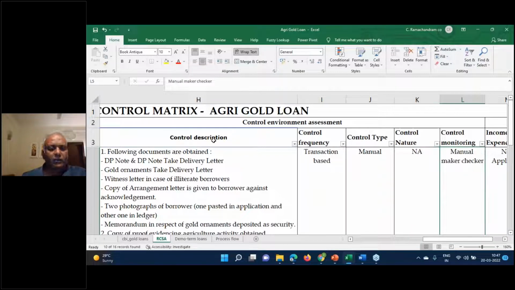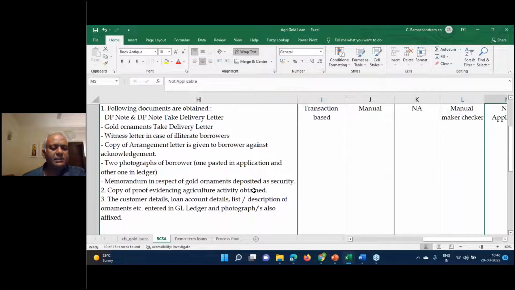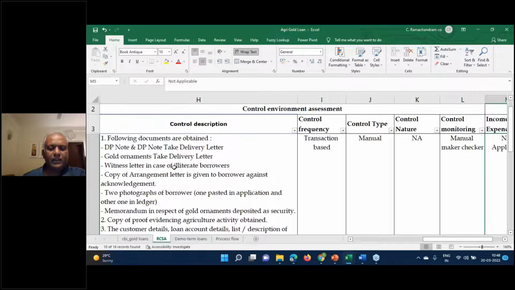Now coming back here, I'm being a little elaborate so that I can combine this with the risks that have already happened in the banks, relate to that, and accordingly take it to the LFAR. Now, if there is a risk of two photographs not taken, a risk of agreement not taken, a risk of drawing power note not taken, a risk that the agreement evidencing agriculture is not taken, a risk that the customer loan account description, journal entry, photographs are not fixed, if this happens,